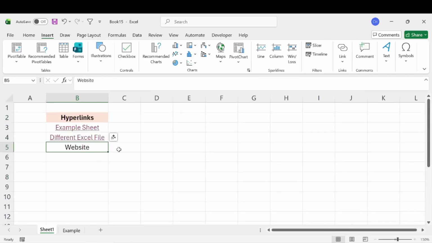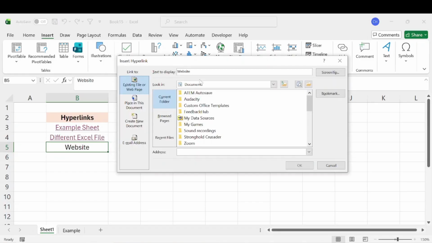Now the last hyperlink is to create a website. Now this is kind of the trickiest one because it's easy to mess this up. So select the cell, go to Link once again, make sure you're selecting existing file or web page, and then this address portion is where you're going to want to put the URL for the website. Now if you don't know what the URL is, I suggest that you select this and browse the web for